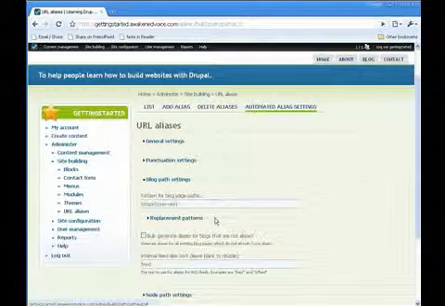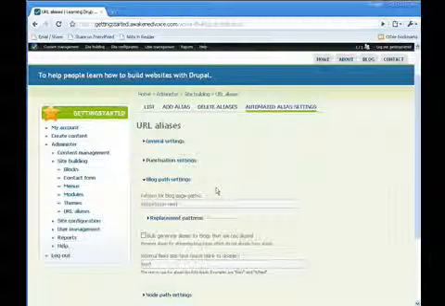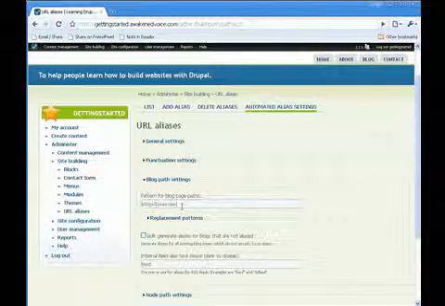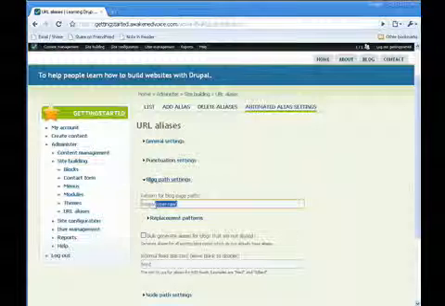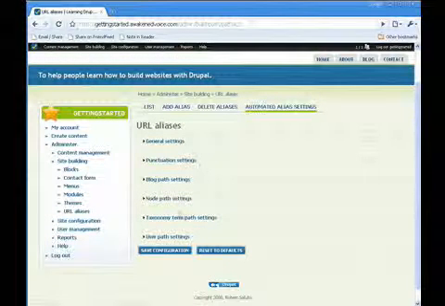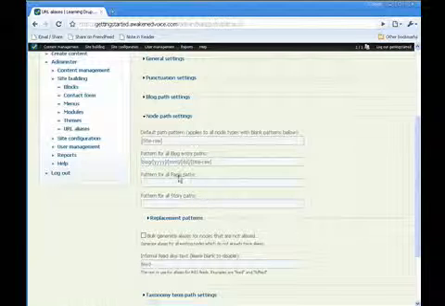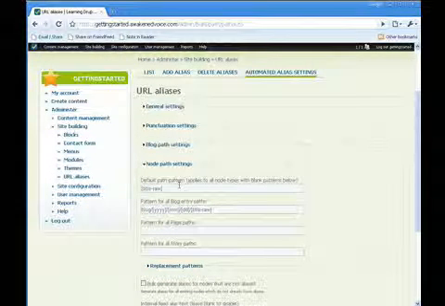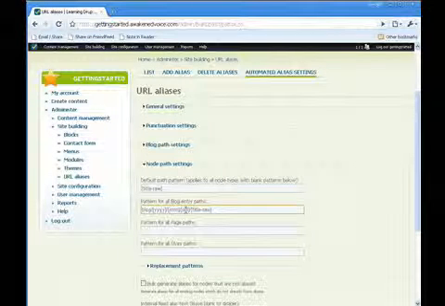And we'll take a look at what that is going to end up looking like once we get a blog post in. But first thing is the path to our blog page we have set up as blogs, and then the username, and that's going to be fine. We're going to leave that, but we want to make sure that our node path settings include the user now as well. You see, our pattern for our blog entry right now is blog slash year, month, date, and then